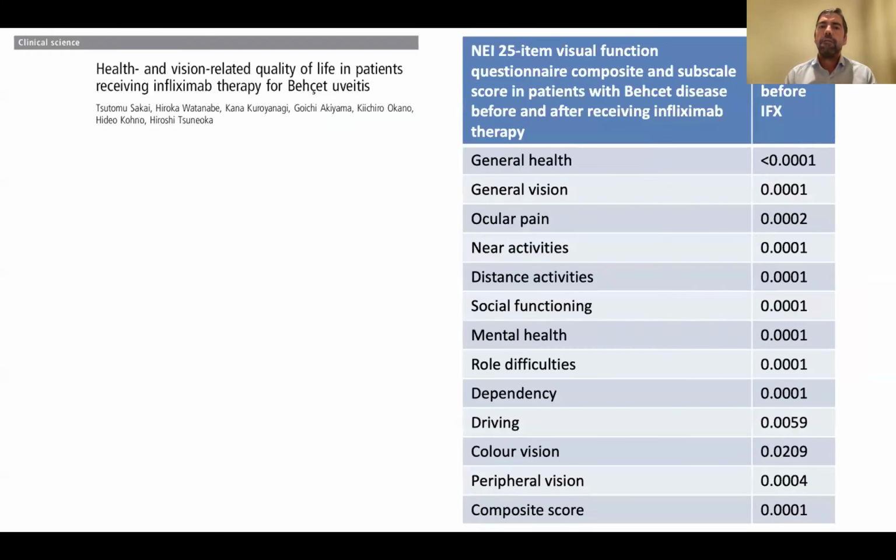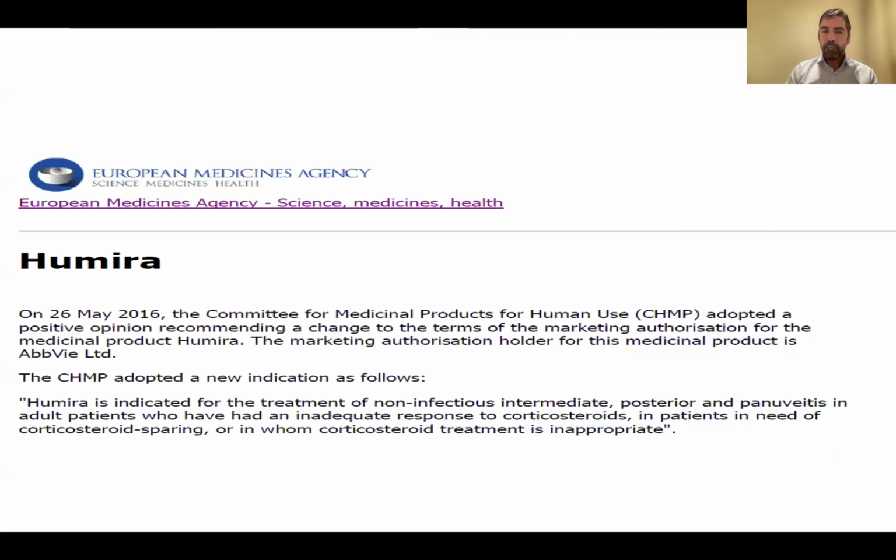And the third reason for this worldwide use of biologic agents is quality of life. In this old paper, in really difficult types of patients like those with Behçet's-associated uveitis, the arrival of infliximab made a really significant improvement in all these items regarding quality of life before and after the arrival of infliximab in their therapy. So this led to the approval initially of adalimumab and especially to a wide use of these biologic agents in some difficult cases of